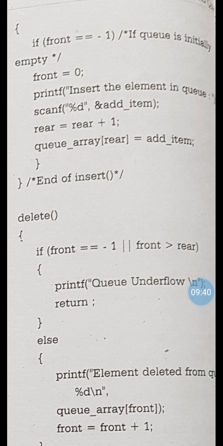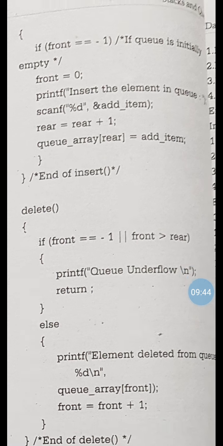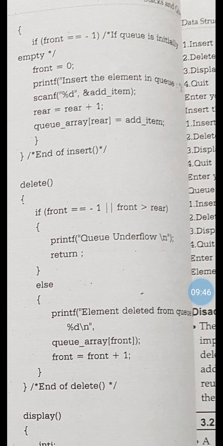Now we will see the delete function. Before deleting, we must ensure that there is some element in the queue, means the queue should not be empty.